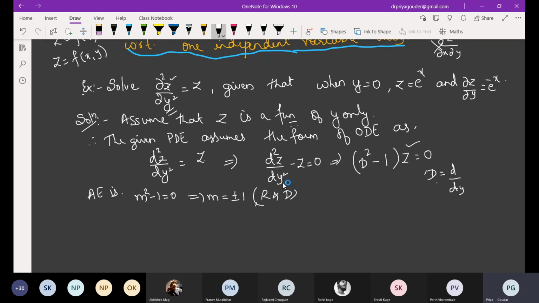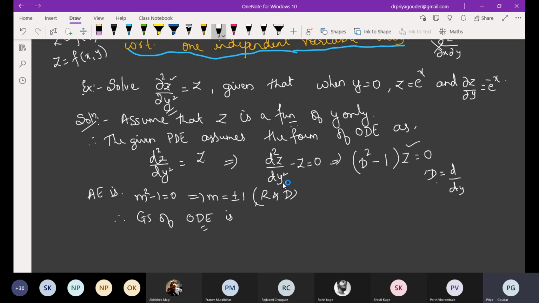So how to write? Therefore, the general solution of the ordinary differential equation. This is an extra thing you need to mention, not only the direct GS. Because the actual question given is partial, we are treating it first as ordinary, applying the previous knowledge, then we are writing for the PDE. This we already know how to solve, so I'm applying the same procedure. Tell me how I should write. What do I have to write on the LHS?